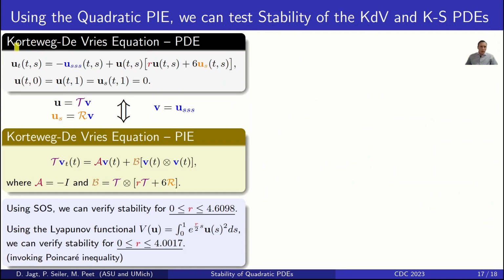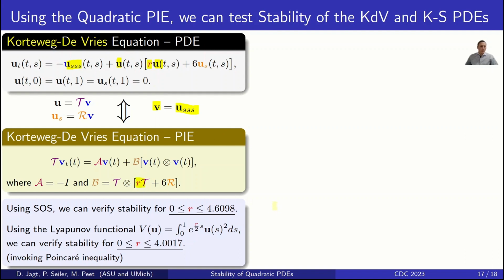Now, as another example, consider the Korteweg-de Vries equation, where we now have a third-order spatial derivative of the state. So then we can derive an equivalent PI representation of this system using the fundamental state, this third-order derivative of the state. Now note that we've added some quadratic reaction term to the system here, which also appears in our